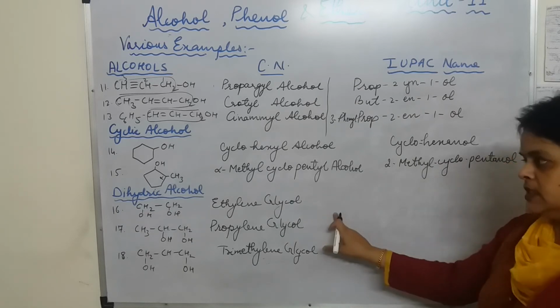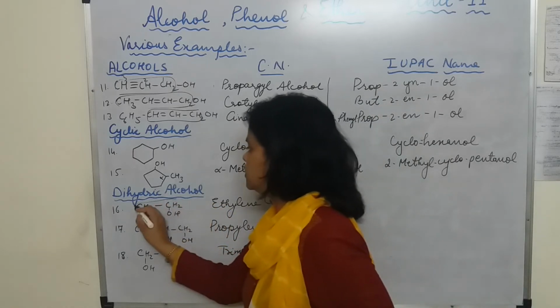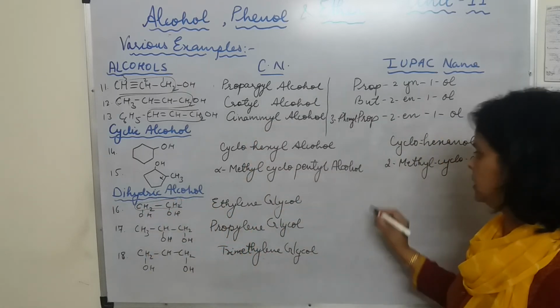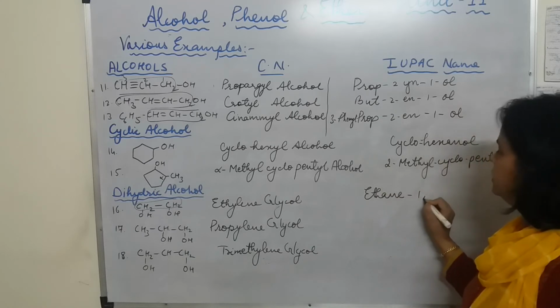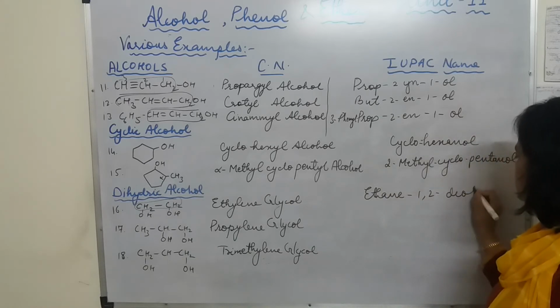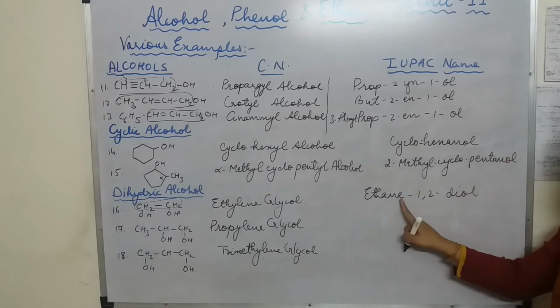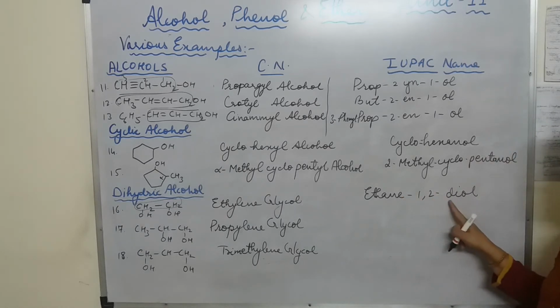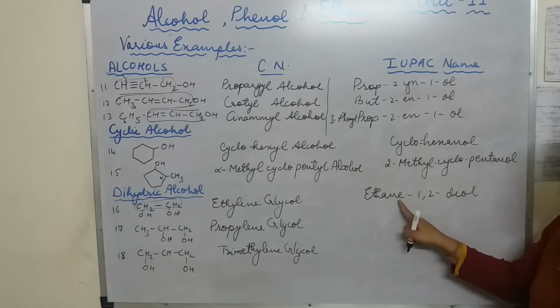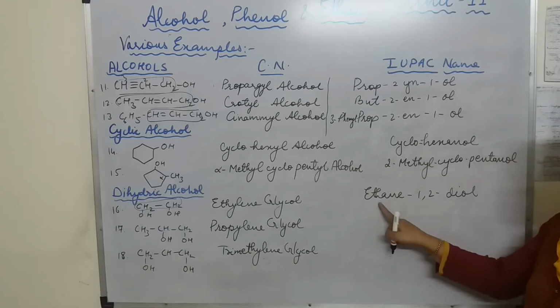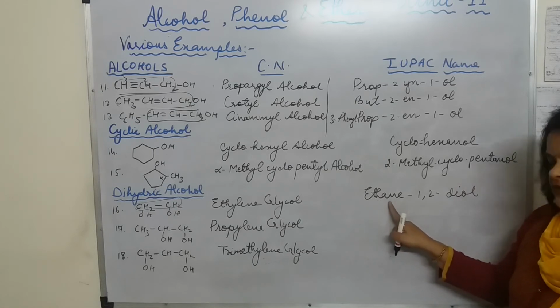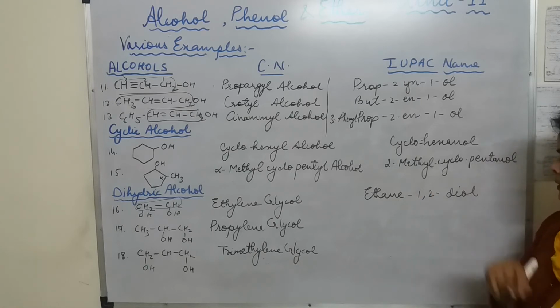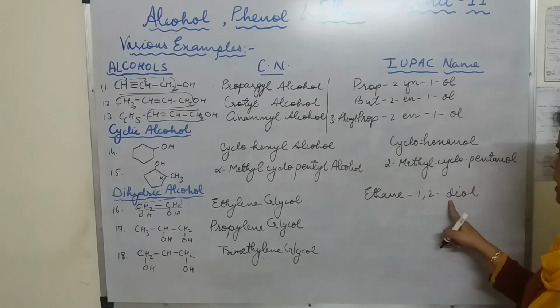Okay. Now for this, the carbon chain it is of 2 carbon, so we will write ethane-1,2-diol. Students, here we are writing the E because we are not going to see this one D. D, it is not a vowel, so we are not going to remove this. We are going to write E with the word root and the primary suffix. We will write the letter E. Here it is ethane-1,2-diol.